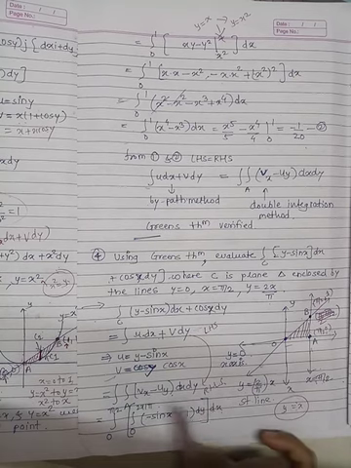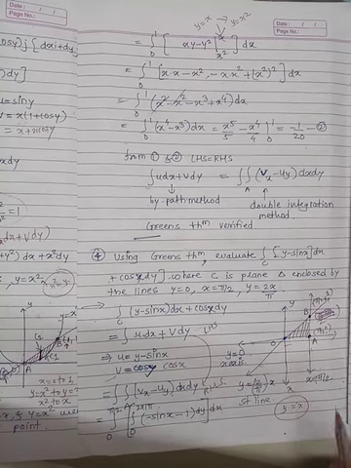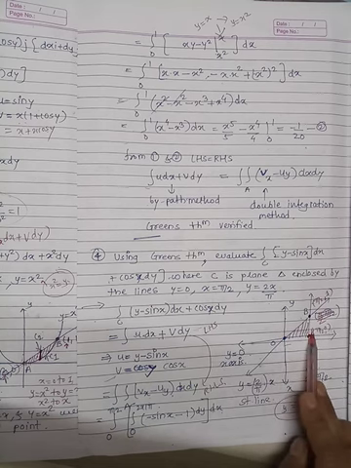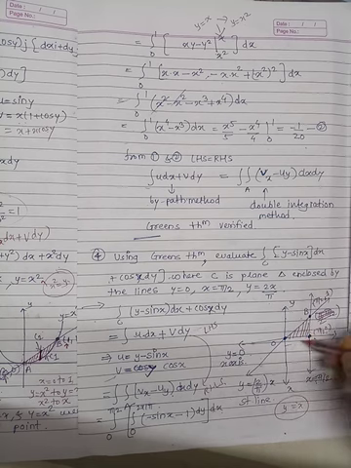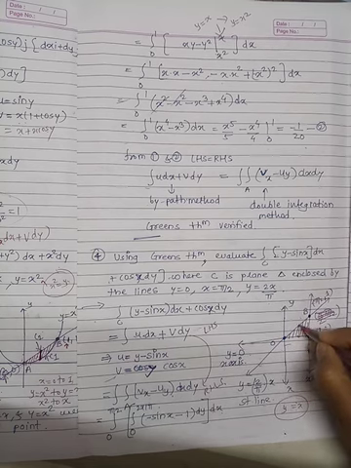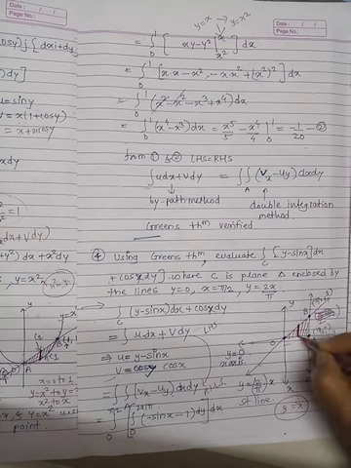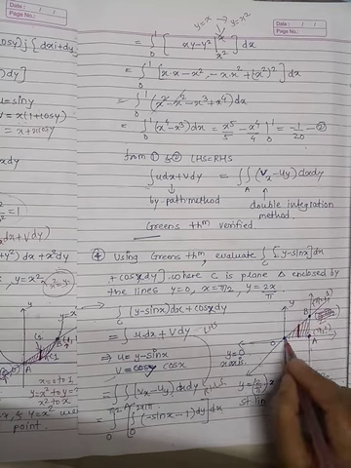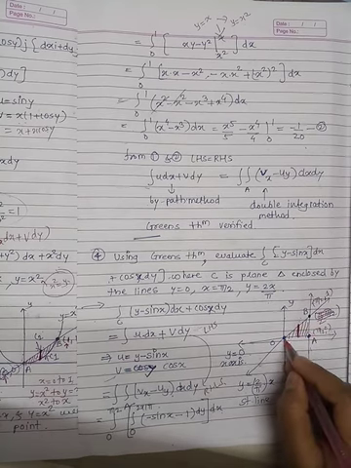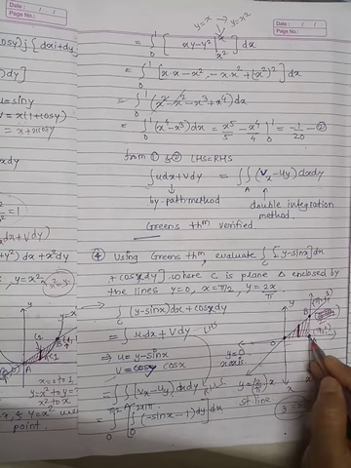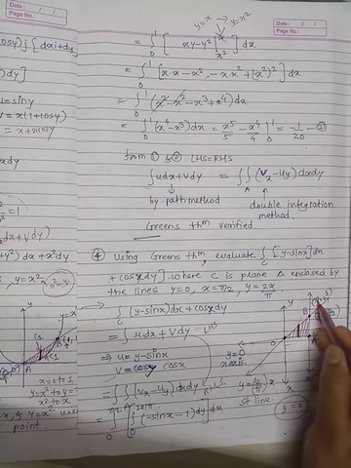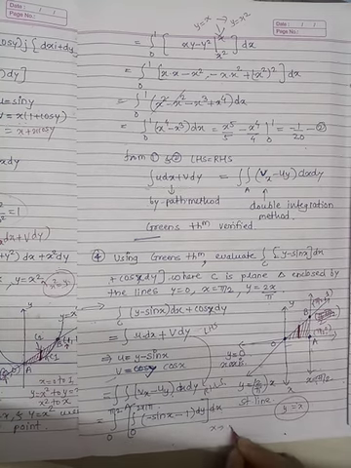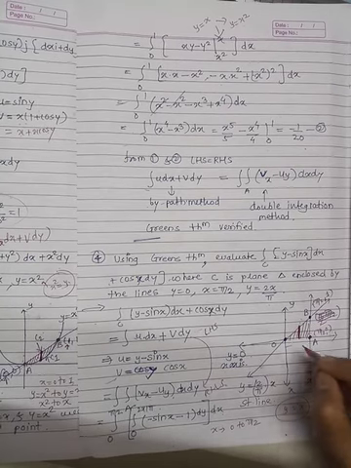So the remaining task is that we have to take the limits from this triangle. Here, when we go from left to right, we get the x limits, and when we go from downward to upward direction, taking this strip like this, we get the y limits. So from left to right, here the x value is 0, here the x value is pi by 2. So we get x limits as 0 to pi by 2 from left to right.